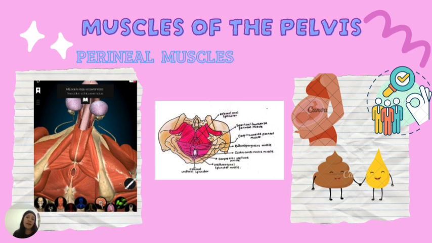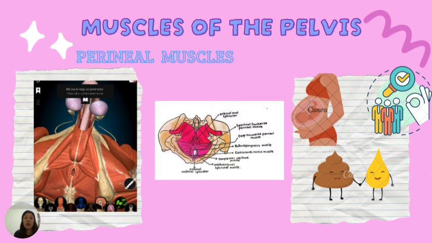The muscles included here are the bulbospongiosus, aiding in erection and ejaculation in males, and constricting the vaginal orifice in females. Then we have the ischiocavernosus, compressing the veins of the penis and the clitoris to maintain the erection and also the excitation. Then we have the superficial and deep transverse perineal muscles that provide structural